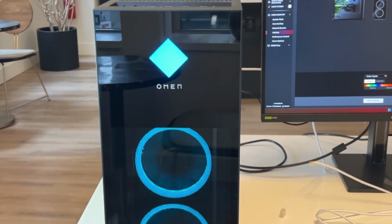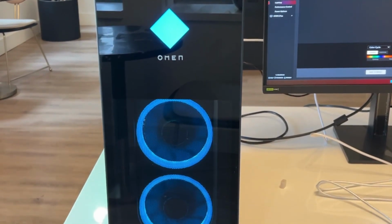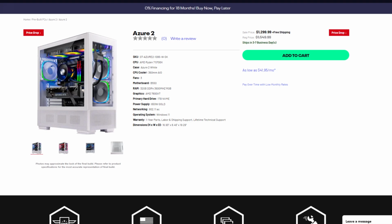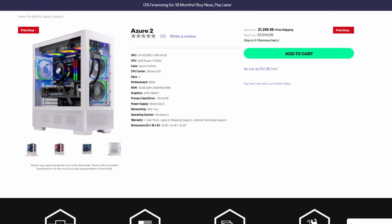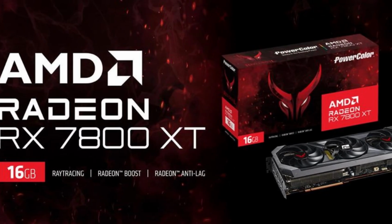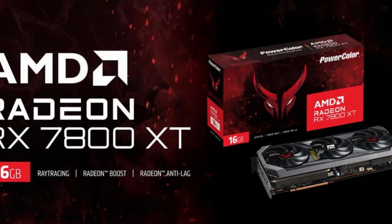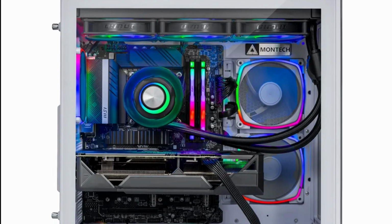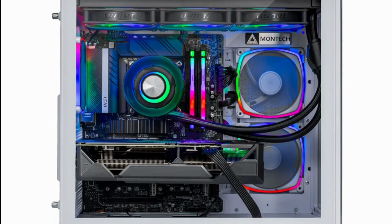And then if you want to play at 1440p with no issues, I do recommend you as a starting point the Skytech Assure 2 for $1,300 with Ryzen 7 5700X and the RX 7800 XT for the GPU alongside 32 gigs of DDR4 memory. The RX 7800 XT is a much faster GPU than the one I mentioned before, the RTX 4060,